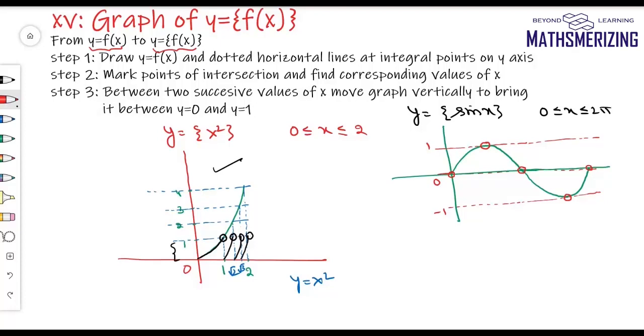Now when y is an integer, then the fractional part is 0. So for all these points, I'll mark a corresponding point on the x-axis where it will be 0. So this is 0, pi by 2, pi, 3 pi by 2, and this is 2 pi. Now I'll shift the graph to move it up and down. So here it already lies between 0 and 1, so I won't change it. Here this graph lies between 0 and -1, so I'll move it up. So if I move it up, I'll get